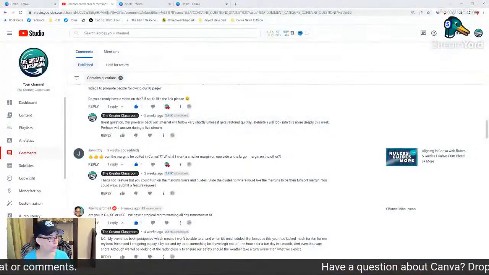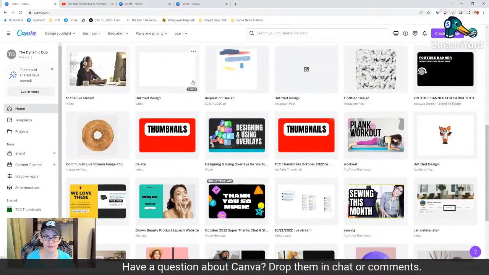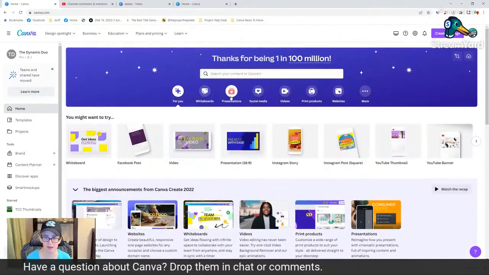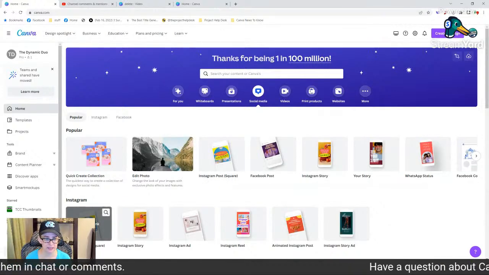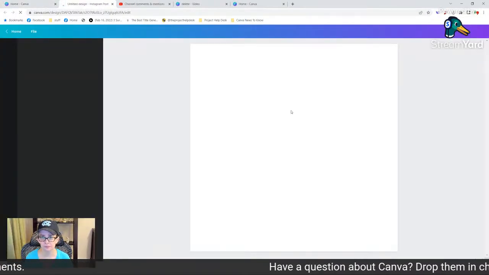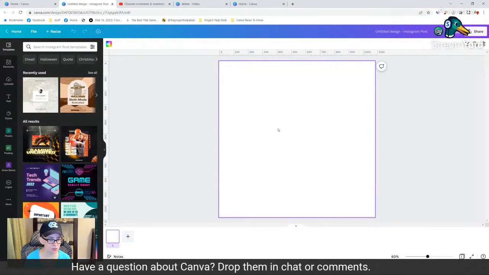All right, so someone asked, can the margins be edited in Canva? I want a smaller margin on the side. So margins aren't editable, but I will show you a little trick. And it might be a little difficult to see the margins on the screen here, but we'll just go social media, Instagram. So in order to see margins, because margins used to be,